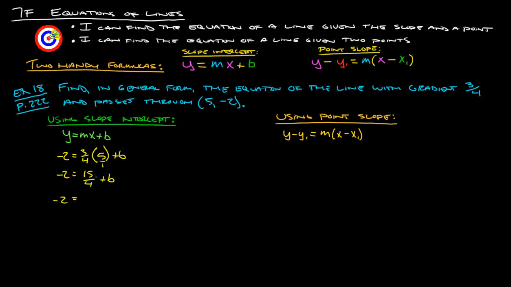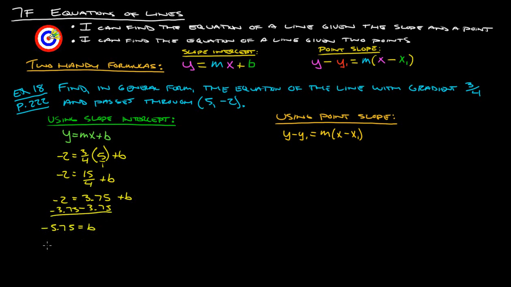So 15/4 is 3.75. That's a lot nicer for most of us. We'd rather use the decimal, so let's change it into that. Plus b. So subtract 3.75 from both sides, and we get -5.75 is our b. So now that we know b and we know our slope, we can write it in our slope-intercept form,